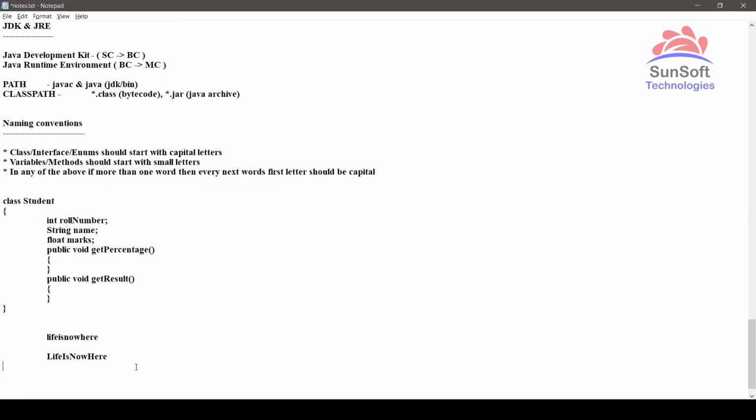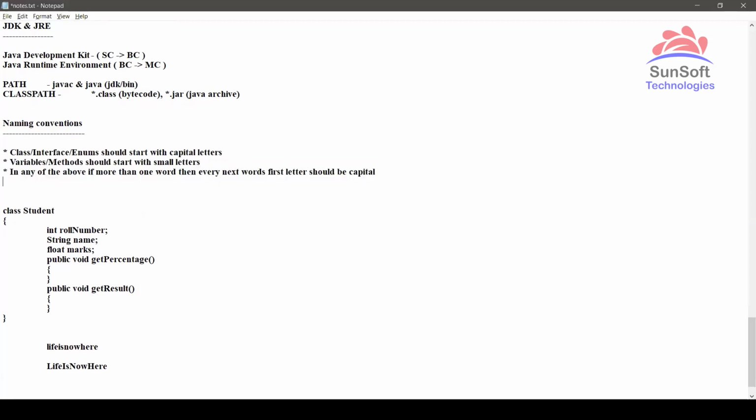Only for that sake, remember, no error will happen if you don't follow these rules, but this is not recommended. From the standards of Java coding, it has to be something like this, which needs to be followed. Similarly, some more points are there. Like this is about the class, variable, and method.